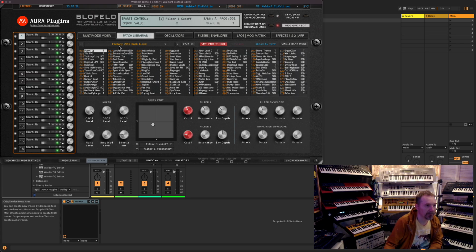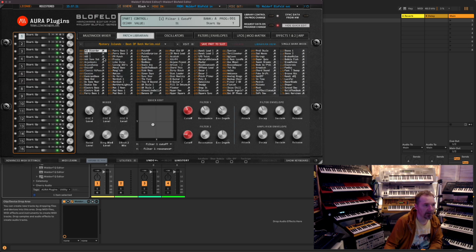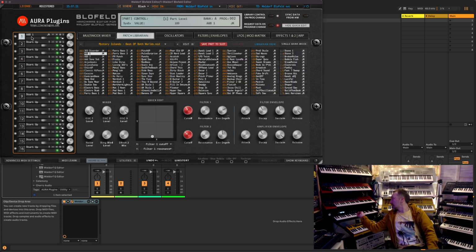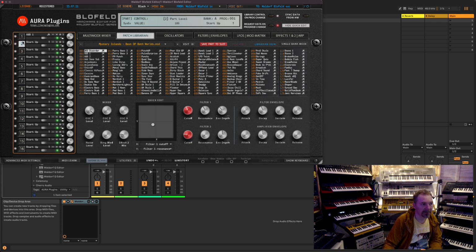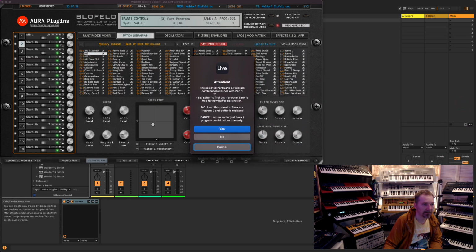And let's see, I'm just going to show you how it works. So let's load up A and B1 to part 1. So it's loaded up on the hardware, and then let's change part and try to do the same, and this is what you get. So it found a combination that clashes, so both parts are sharing the